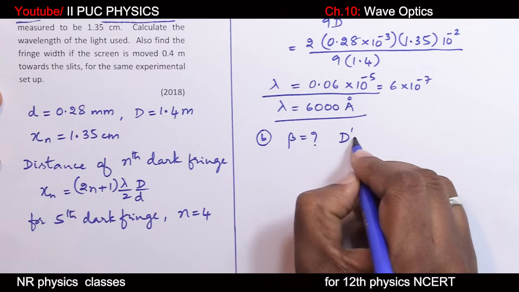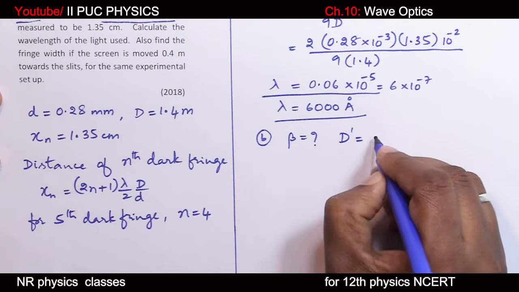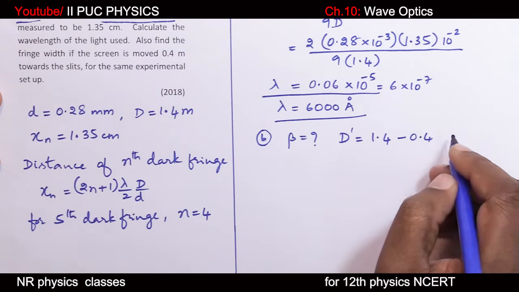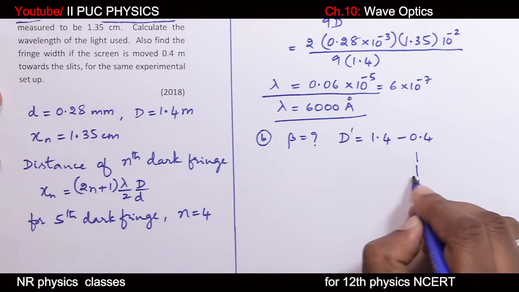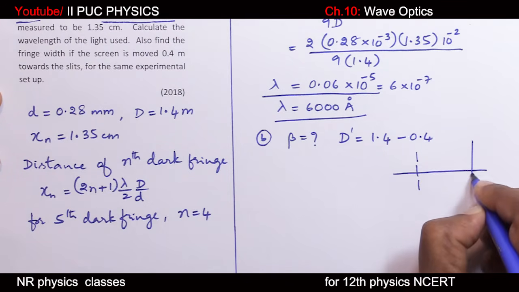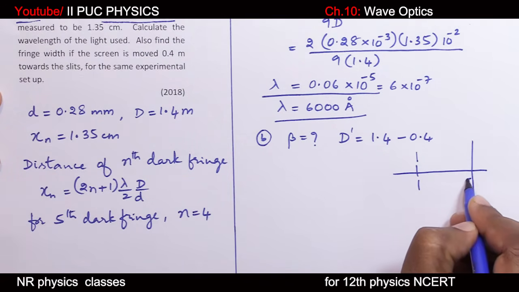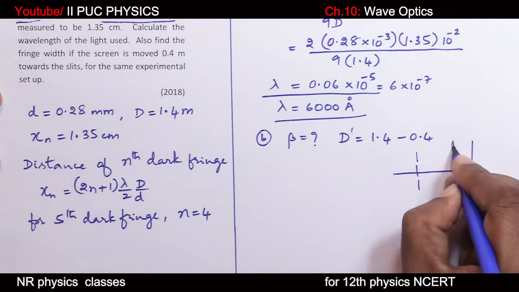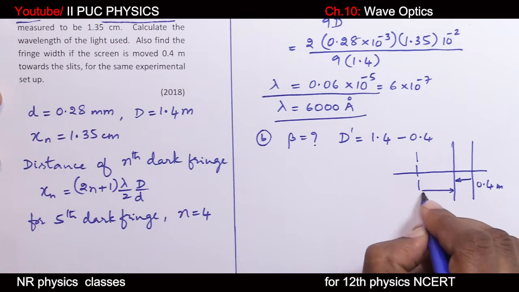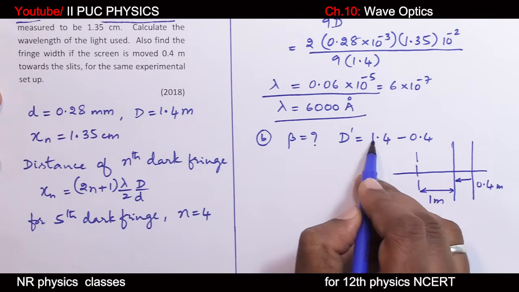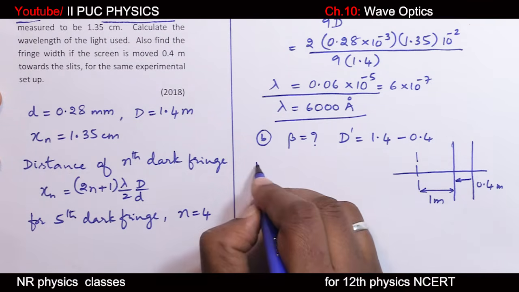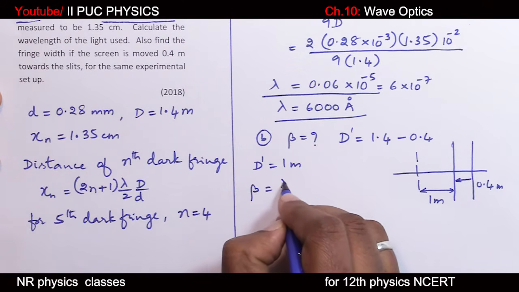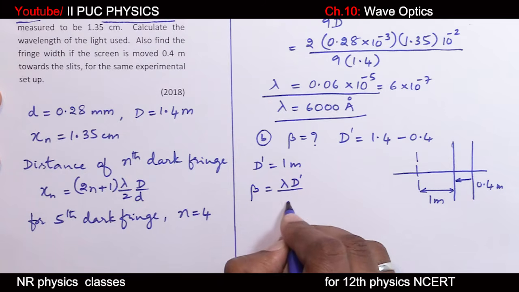So the new capital D is 1.4 minus 0.4. These two are the slits. Here, this is the position of the screen. This screen is shifted by 0.4 meter, which means the new distance is 1 meter, that is 1.4 minus 0.4. So capital D is 1 meter. Therefore beta equals